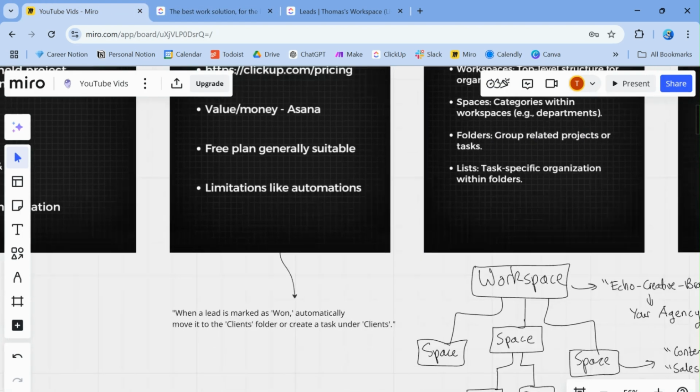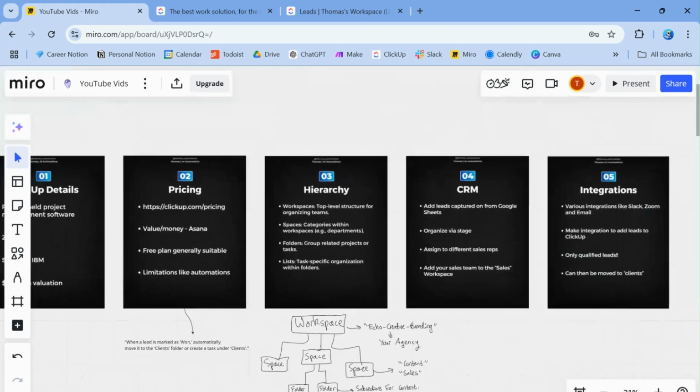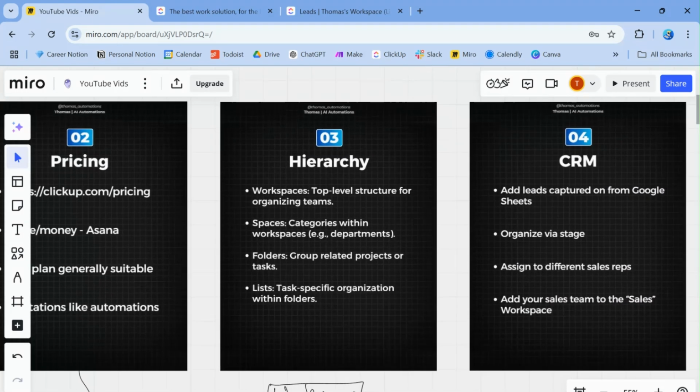Something like when a lead is marked as won, so they've paid the invoice, automatically move them to the clients folder or create a task under clients. Things like this generally are only available in the paid version,